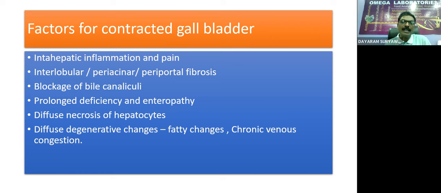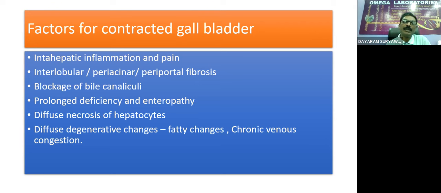Then blockage of bile canaliculi, maybe some clots or blood clots, mucinous clots, may block the bile canaliculi. In that case, there is a retention of bile, and that bile will not reach the gallbladder. Then prolonged deficiency and enteropathy. Whenever there is a deficiency of all the vitamins and minerals, then enteropathy, generally enteropathy, which is the term already